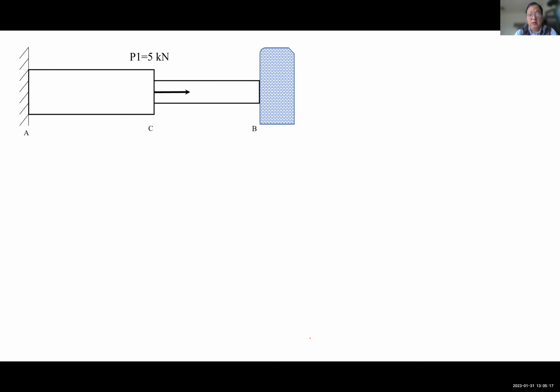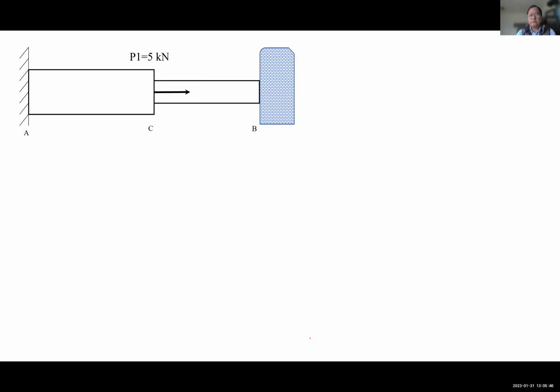I build a wall on the right to support it, so the bar is attached to the wall on both sides, at points A and B. It's still the same load, P1, 5K, applied in the middle. If I want to figure out the elongation of each bar, or how much the middle point C moves when I apply the load P1 there,